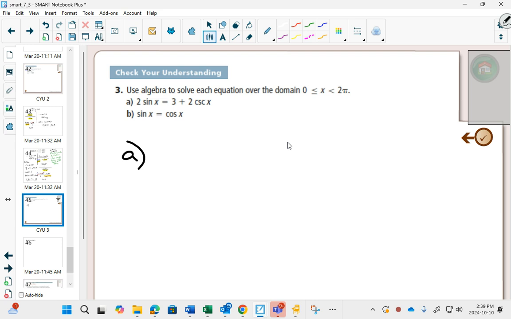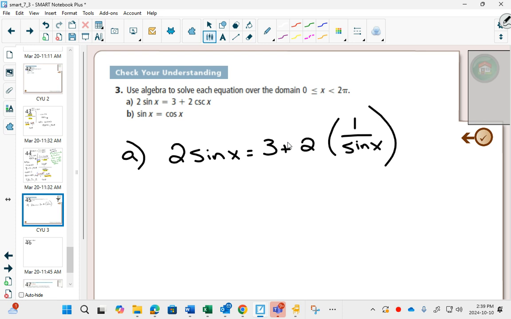Remember the ones with the hint where it said use sine squared plus cos squared equals 1? We had to use sort of a system of equations. Here we're going to do something similar and just say, well, what could I change the cosecant to? 1 over sine. I could change it to 1 over sine. And now at least my equation only has sine. So now I can use all my algebra skills that I've learned up till now, and this one involves quite